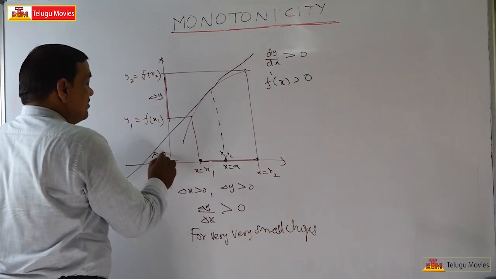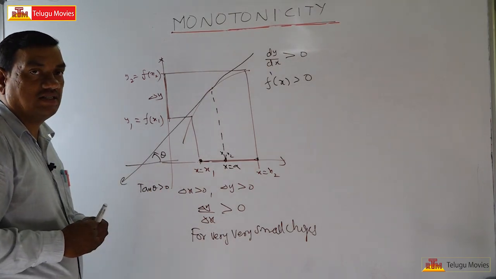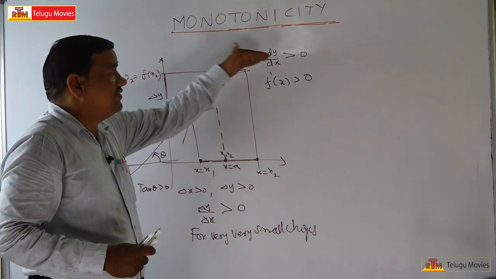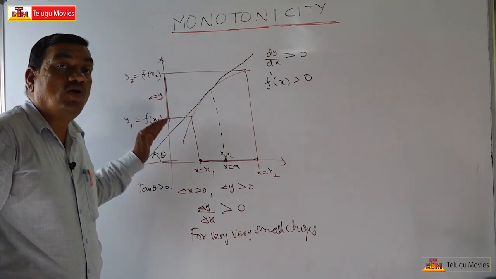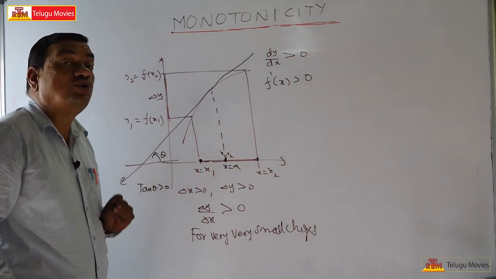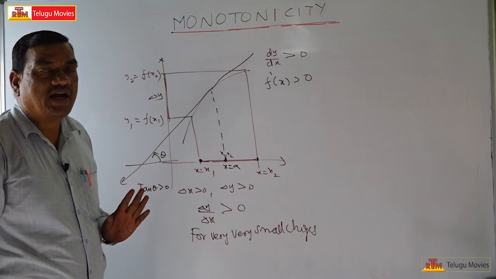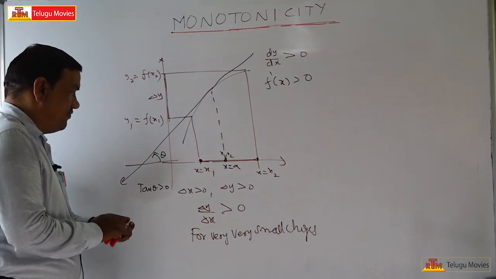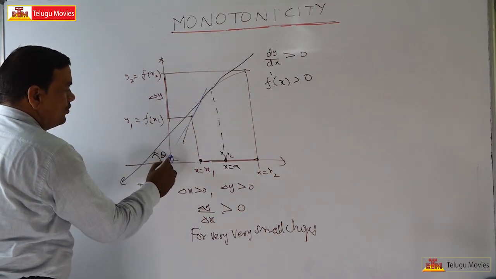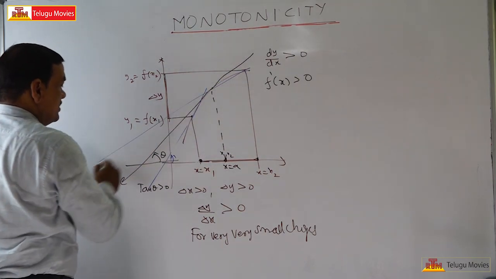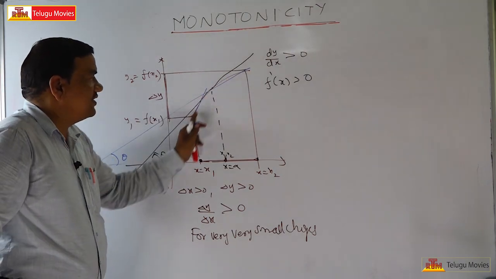That means if you take theta, tan theta is greater than 0, positive. Why? Because for an increasing function, if you draw a tangent, it always makes an acute angle with the positive direction of the x-axis. Wherever you draw it, here, or again here, it is an acute angle. For an increasing function,